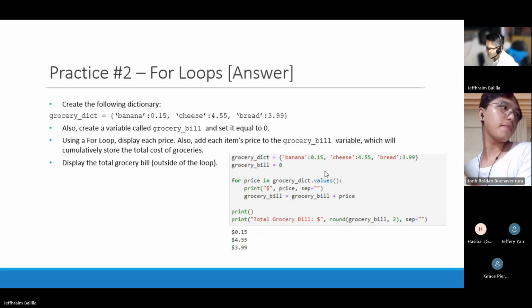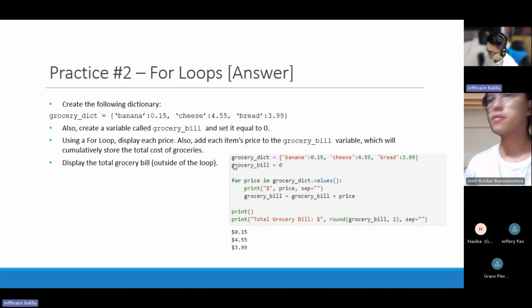Okay. Here, we initialized by doing step one that we did a while ago. We created the dictionary. We listed down the products and their corresponding prices. And then we initialized the grocery bill so that we have a place to store the running total, right?